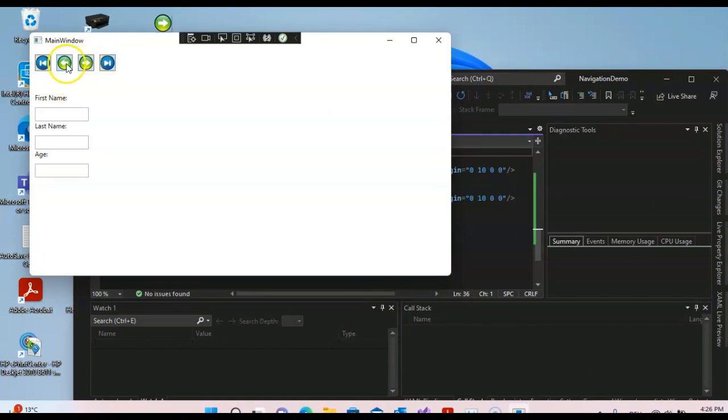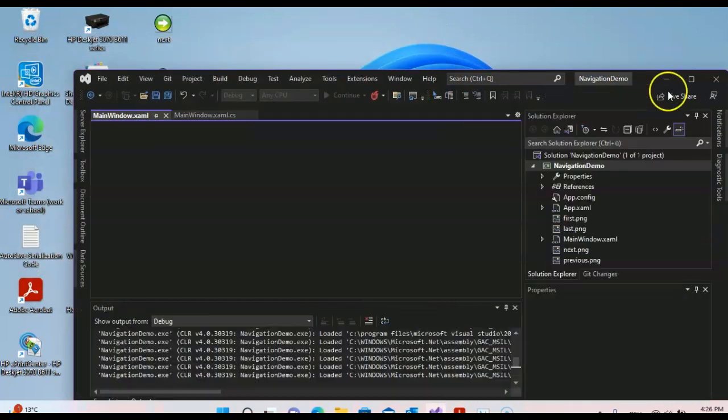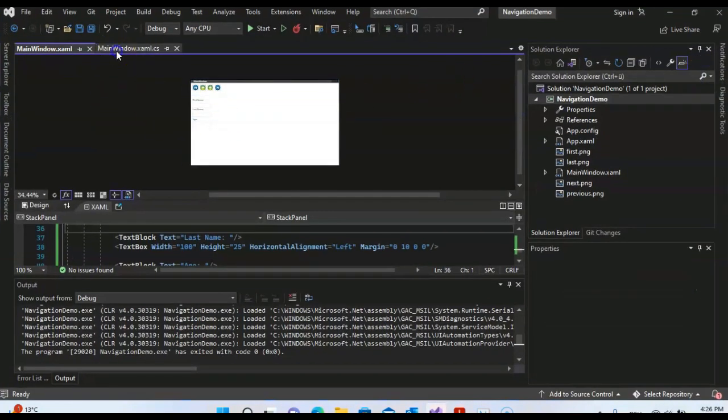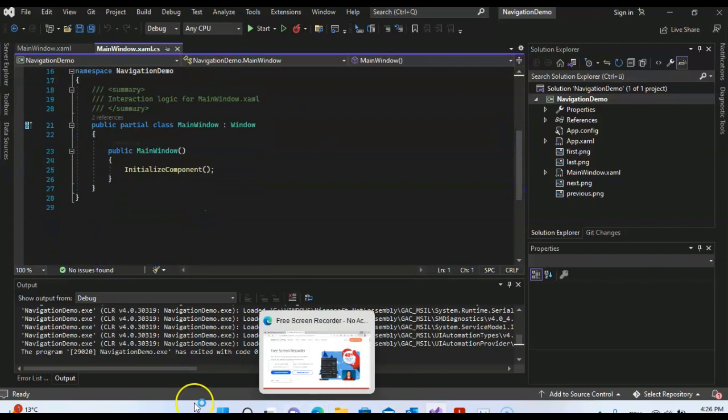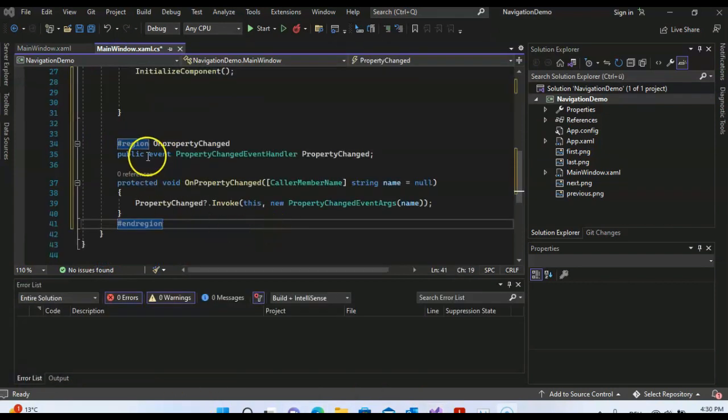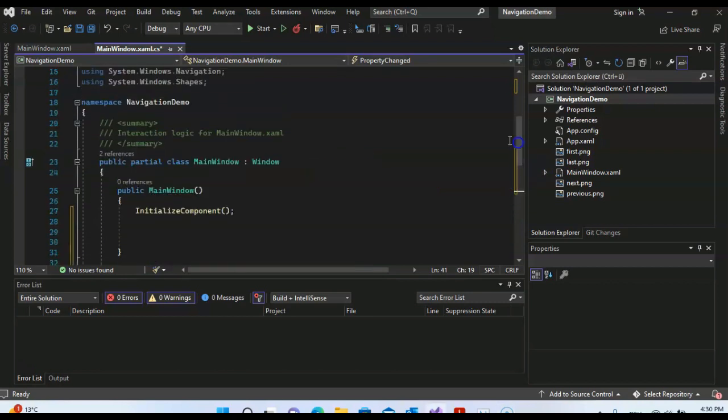Up till now our program seems to be really good and everything is in. Now we will go for the code. For that, what I have done is that I have inserted some code of OnPropertyChanged. You can get it from online, from Google, or you can write it by yourself. It's not that difficult. It's just to keep your view updated after changing the data inside your C# code. Okay, so for that you have to add one more thing, which is